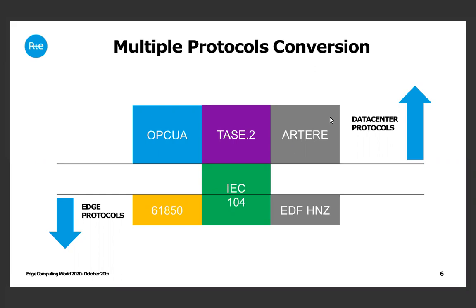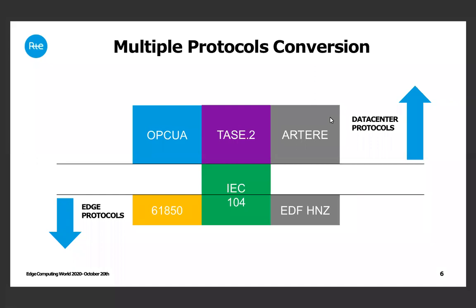to the centralized level. 61850 is a new protocol for us. It's far more verbose. You have a lot of information. You have an object modeling embedded with it. It's a very modern protocol that enables lots of functionality directly at the substation level. We are at the beginning of the story for the 61850, but you know,